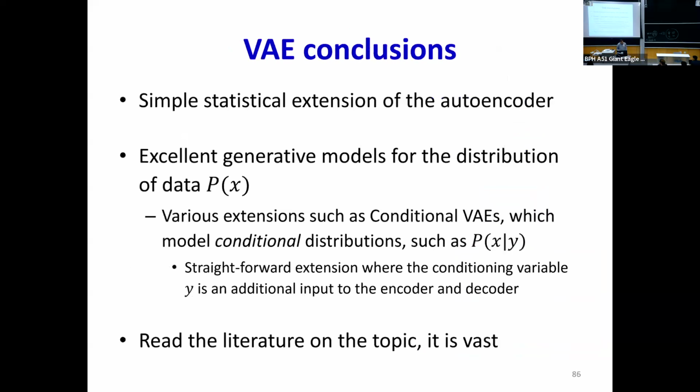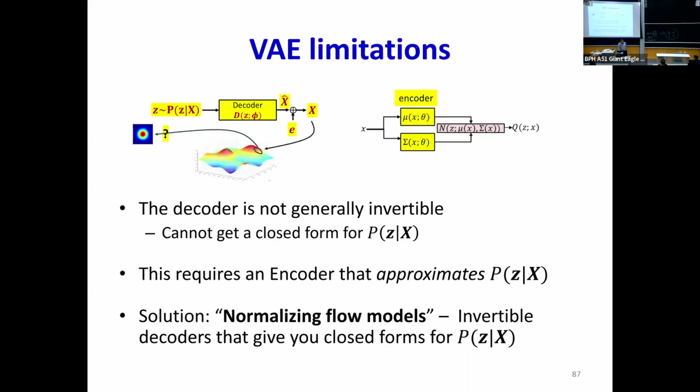But, to conclude, the VAE is a simple statistical extension of the encoder. It's an excellent generative model for the distribution P of X. And you have various extensions like conditional VAEs, which impose conditions like class, generate a male face, where you have a conditional variable as an additional input to both the encoder and decoder. There's a lot of literature on it. But this model has two key